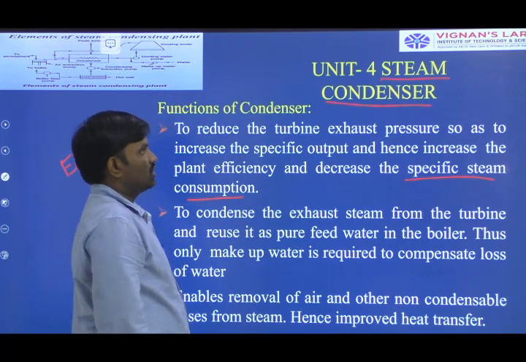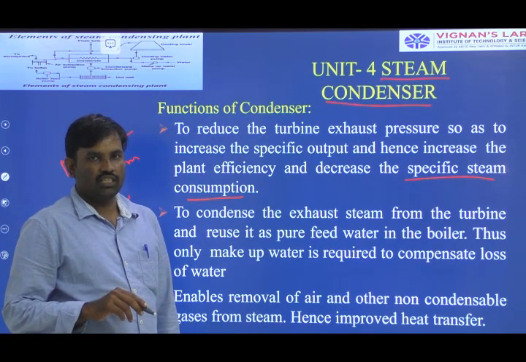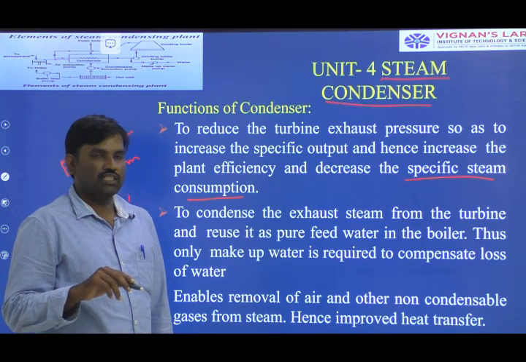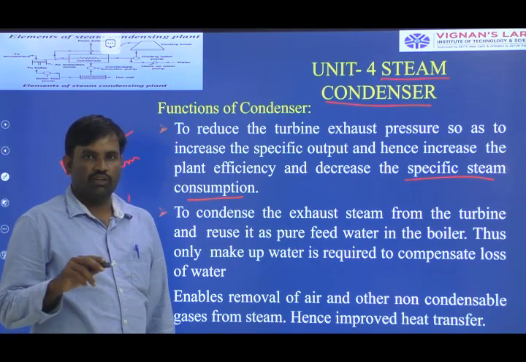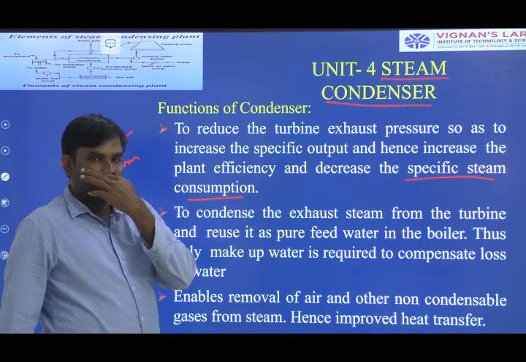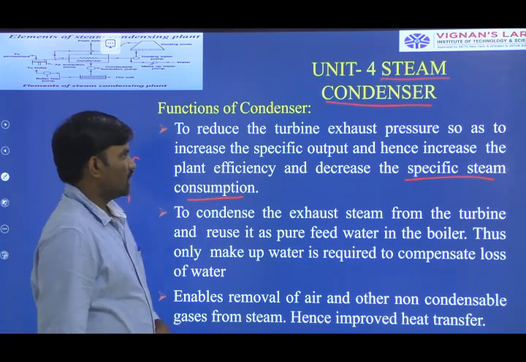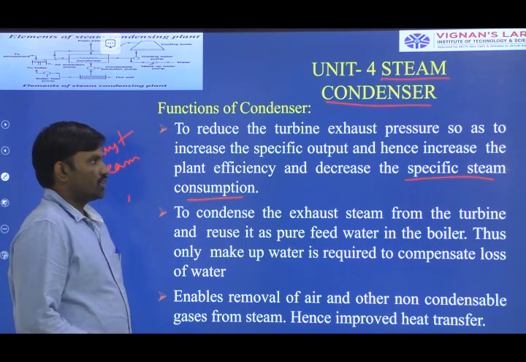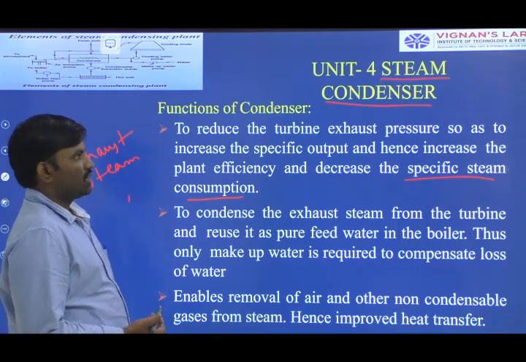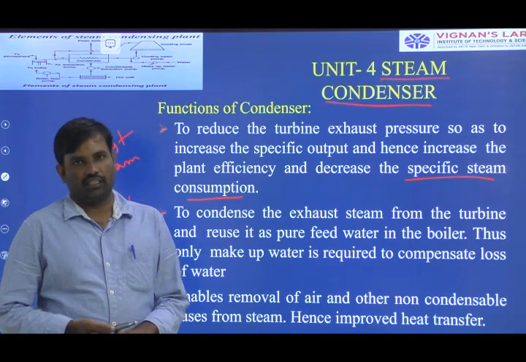If there is no steam condenser, that exhaust steam is released into the outside atmosphere, or the exhaust steam is wasted. In order to recirculate that exhaust steam by converting it into water, we decrease the pressure of the steam and we decrease the temperature of the steam. Generally we maintain 2 different pressures in the steam power plant. The highest pressure is in the boiler section, and the lowest pressure is in the condenser section.